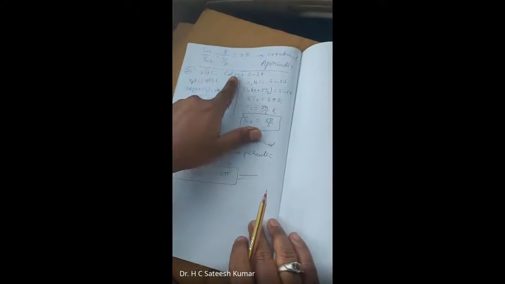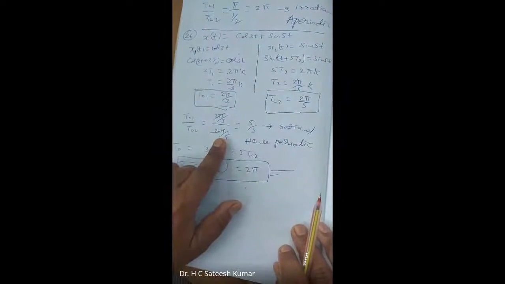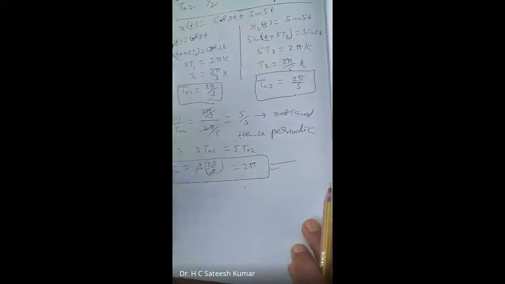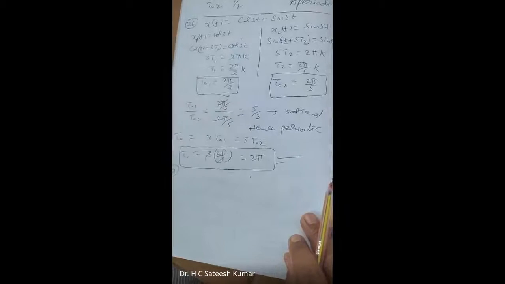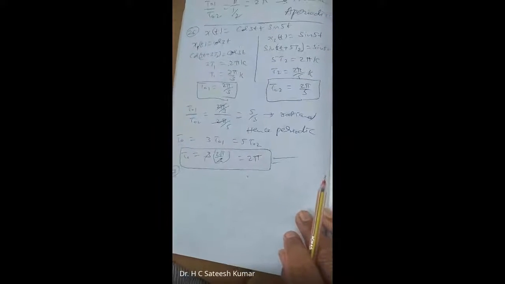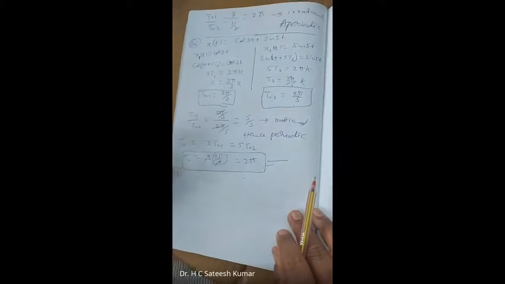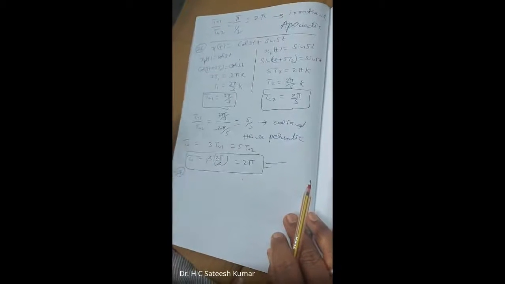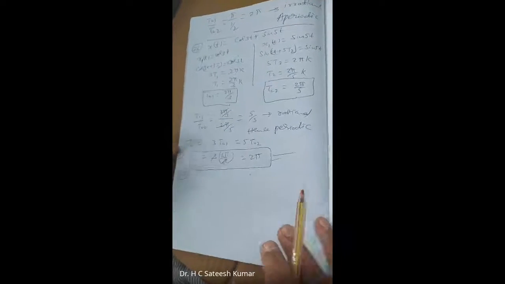Now, here also pi is not there, and here also pi is not there. Therefore, in the answer you will get pi by pi. Pi by pi gets cancelled and you will get rational. That is, irrational gets cancelled with irrational, and you will get rational. If any one term is irrational, the ratio becomes irrational. So if both of them are irrational in such a way that they get cancelled, then you will get the period. That is the logic behind it.